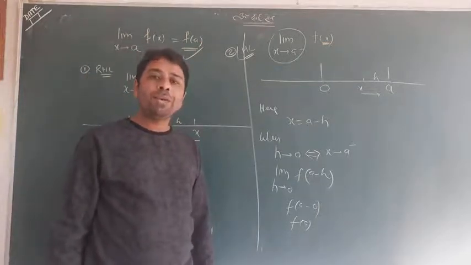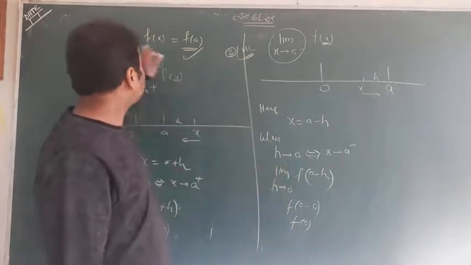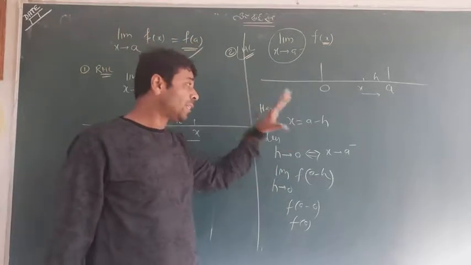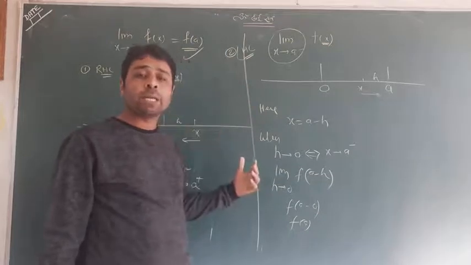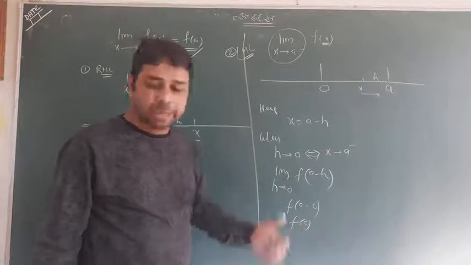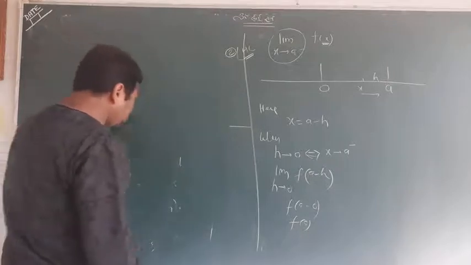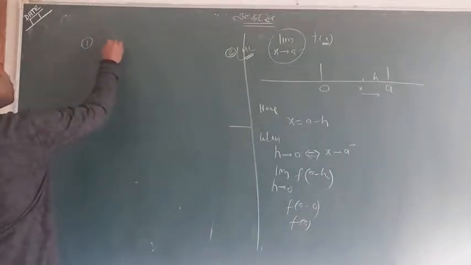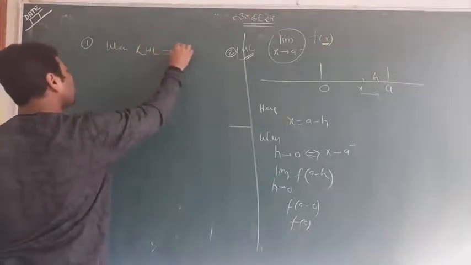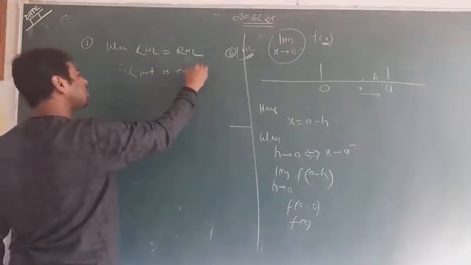Now you are thinking why we have used these two critical things when we were getting the direct answer, limit x tends to a, f of x equal to f of a by putting x equal to a. But this is a very important thing whenever you will be asked to show the existence of limit. Let me write one sentence. We have seen two things, the right hand limit and left hand limit. I would speak something. When left hand limit and right hand limit are equal, it is called limit exists.